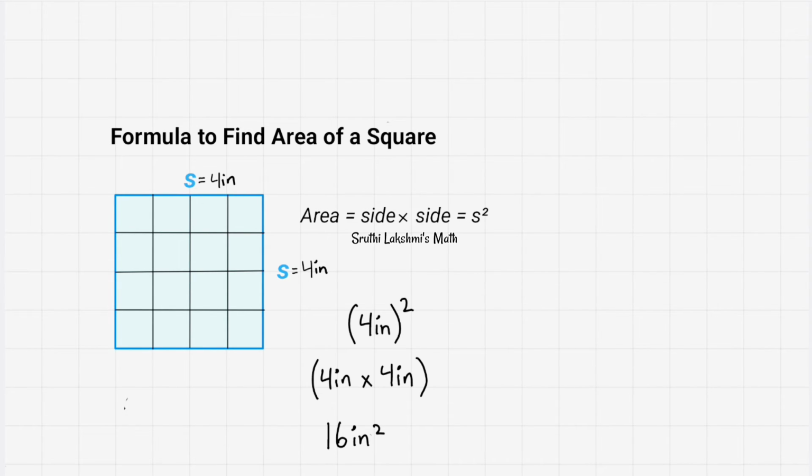So here a common mistake is that people write it as 16 inches. Remember to always add the square because we're multiplying inches times inches. So the area of the square is